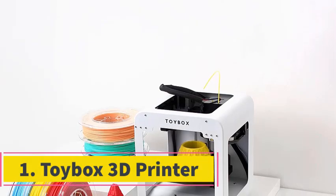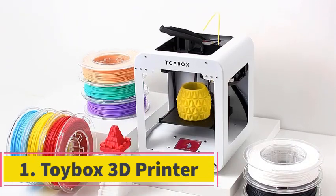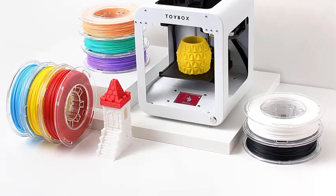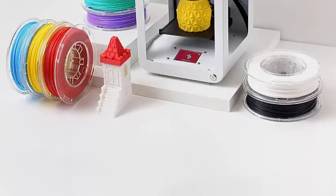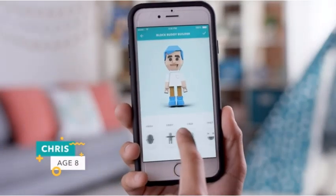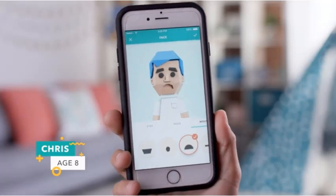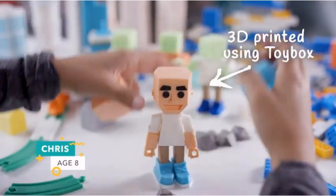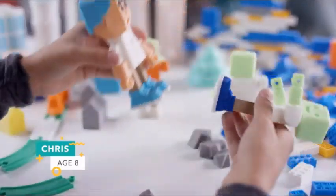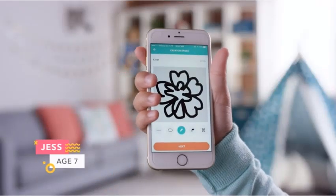Number 1. Toybox 3D Printer. The Toybox 3D printer is our top choice for child-friendly creativity. It features a one-touch control which goes a long way in ensuring that children as young as 5 do not get bored while using it. After a quick assembly, you'll be printing in no time with no adjustments needed, and can adjust easily from a compatible smartphone or tablet. Choose from an array of pre-designed models on the Toybox site, or create your own edible